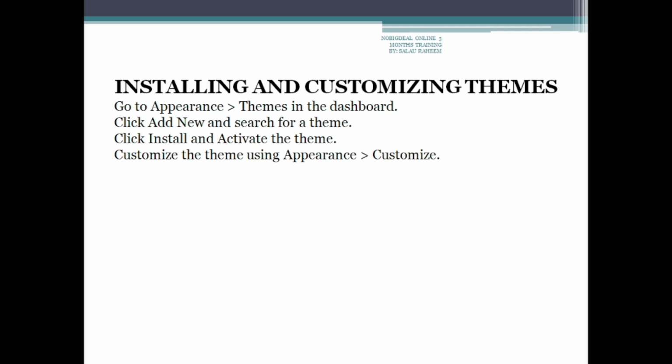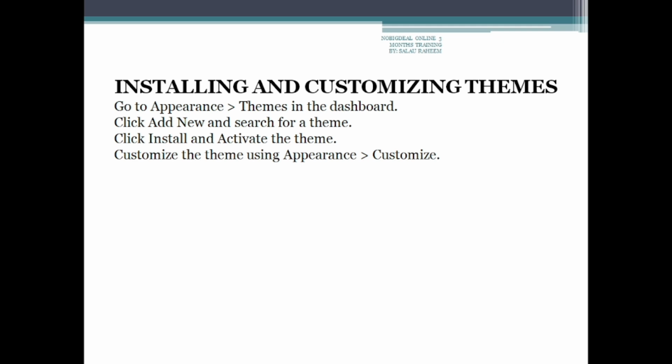Installing and customizing themes. After you have downloaded and installed your WordPress theme, before that, you go to appearance. That is, if you want to install another WordPress theme, you go to appearance. There's a button called appearance on your dashboard.